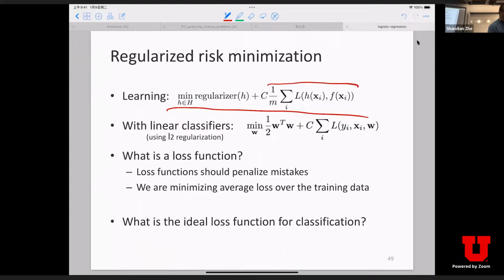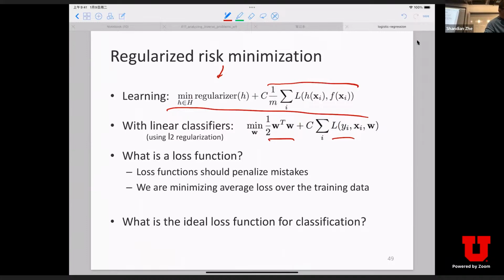So this is called empirical risk minimization. Now we add a regularizer over the hypothesis H, and we get this so-called regularized empirical risk minimization objective. One instance is SVM, where the regularizer is simply half of the square norm of the weight vector, and for the loss they choose the so-called hinge loss. But in general, we are free to choose a wide variety of regularizers and a wide variety of loss functions.